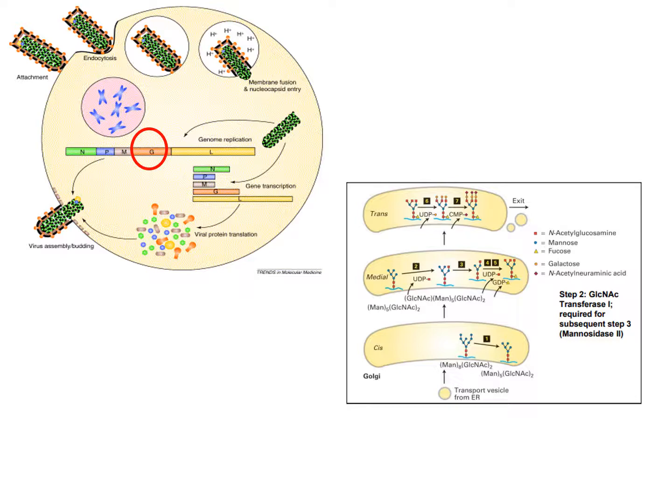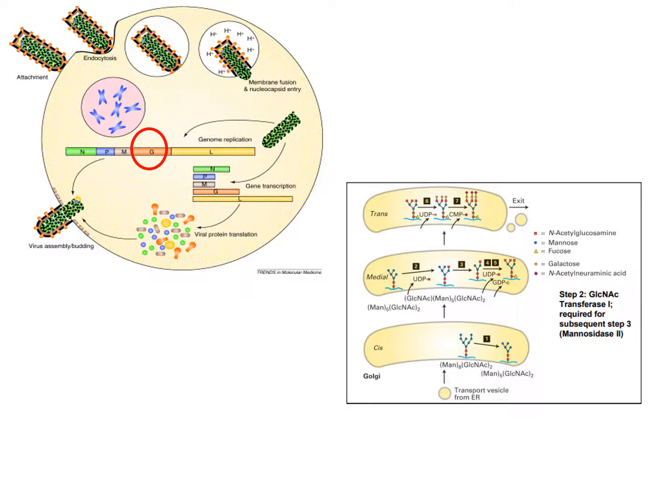And this is the annotation of the virus genome. There's the N, the P, the M, the G, and the L genes. And this is the G protein right here. So they're just showing you the G protein. So the virus is making G protein, and the G protein, of course, goes into the lumen of the ER. And so then, just to remind you, it's decorated with a sugar tree, the oligosaccharide, and there's some